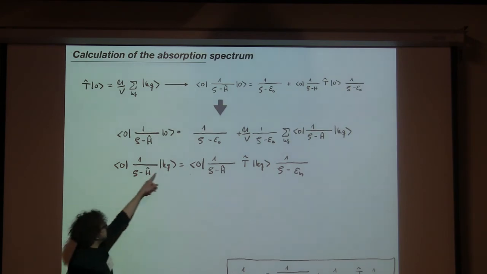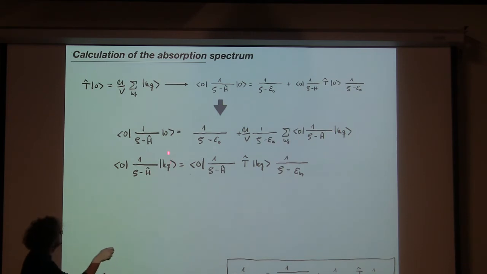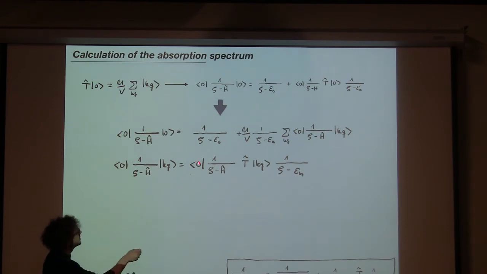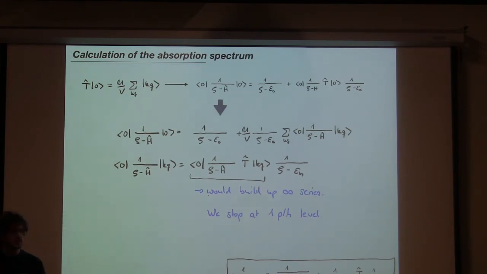Here we find that 0 in KQ, if we hit this equation, then those are eigenstates, and these basis sets are orthogonal onto each other, so this doesn't contribute. But we have this guy here. And this time we have to calculate T acting on KQ. Now this will generate two particle excitations, or it actually will kill again the particle excitation, so we can get back to the zero particle excitation sector. So we always develop the ladder, we go one particle excitation up, and then we go to one less and one more, one more and one less. But we want to stop here, because we say no. We only go to one particle excitation level and stop this hierarchy of equations.